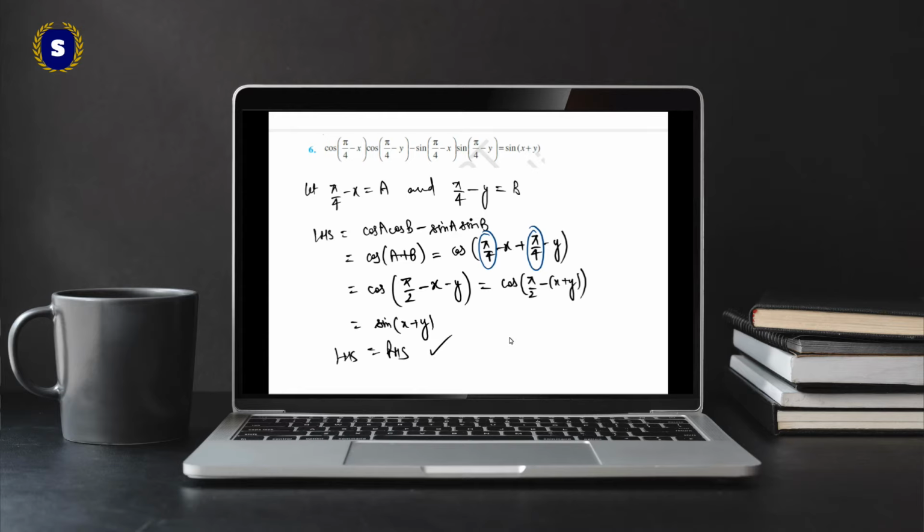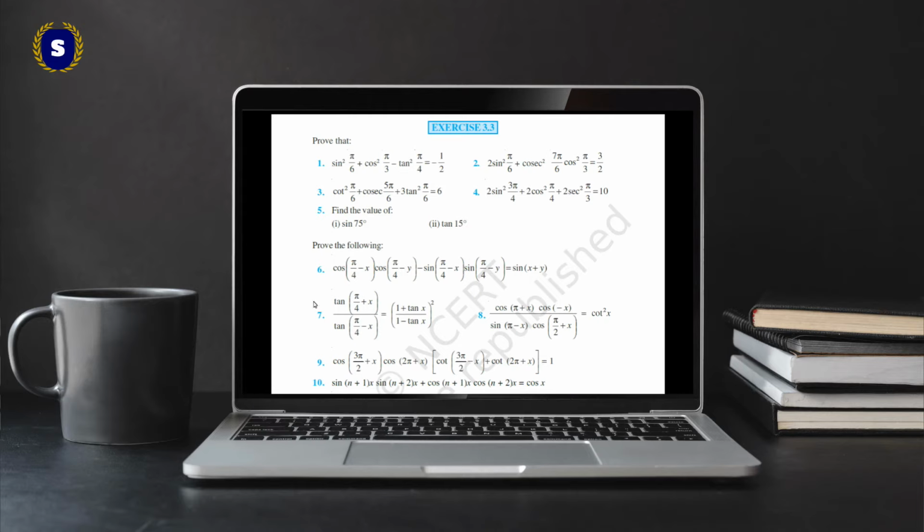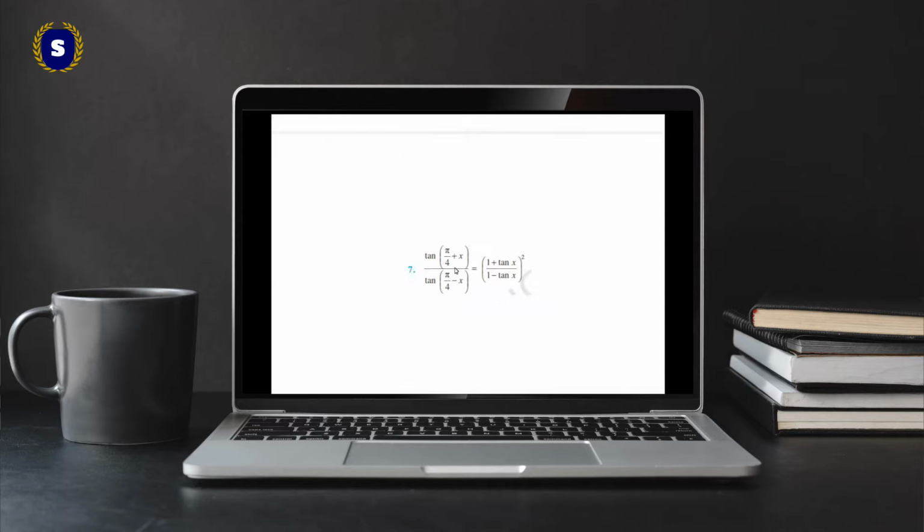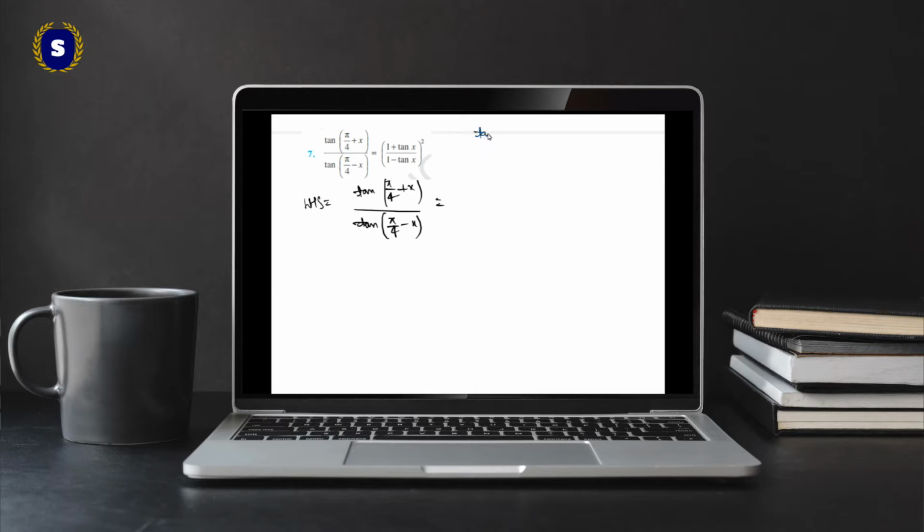Let us do the next question, that is question number 7. LHS is equal to tan pi by 4 plus x upon tan pi by 4 minus x. So using the identity of tan A plus B and tan A minus B, you know that tan A plus B is equal to